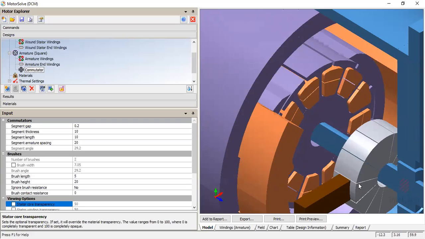So for this purpose, we make a spring arrangement with the brushes. It is not fixed 100% rigidly. We use a spring arrangement for the brushes such that it allows the commutator to rotate. This arrangement is given by means of a spring setup.